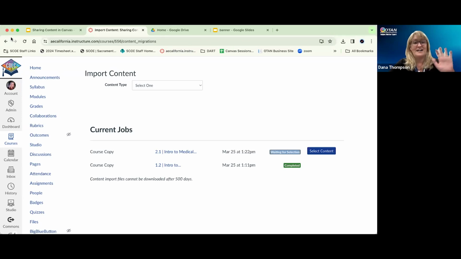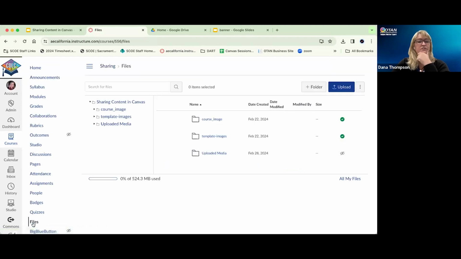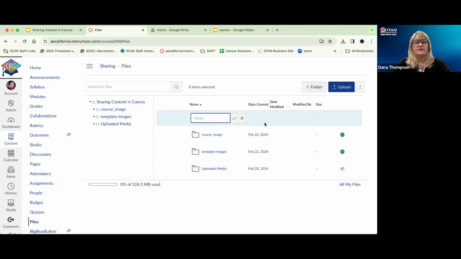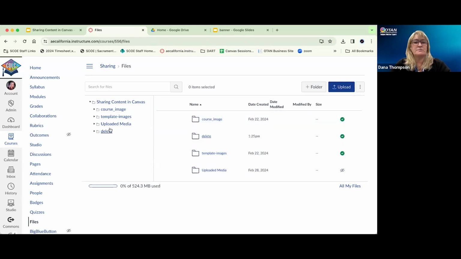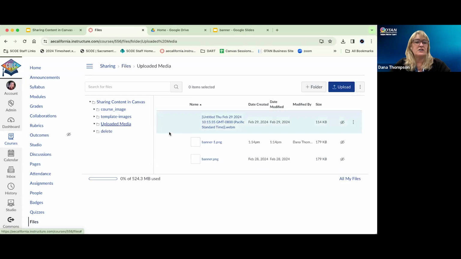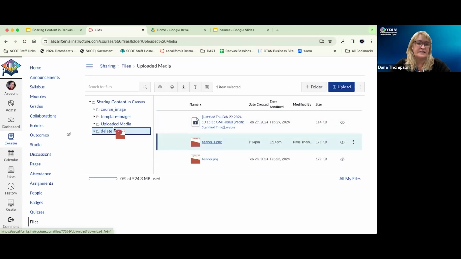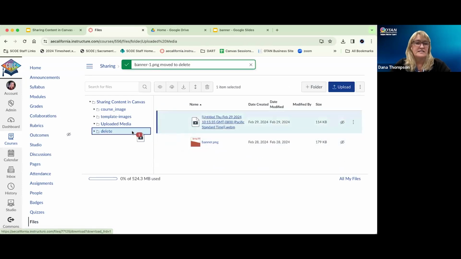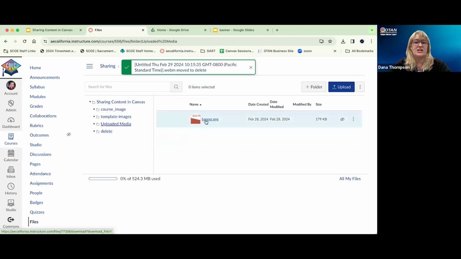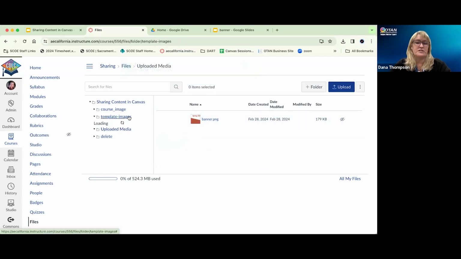This is a little trick that I've learned. If you know that you have a bunch of things that were imported that you want to get rid of, but you can't do a select all and delete, what I've done before is create a folder and call it delete. See, that shows up over here. Then I can drag and drop whatever I want deleted. I don't have very much in this course, so it's kind of hard to see,